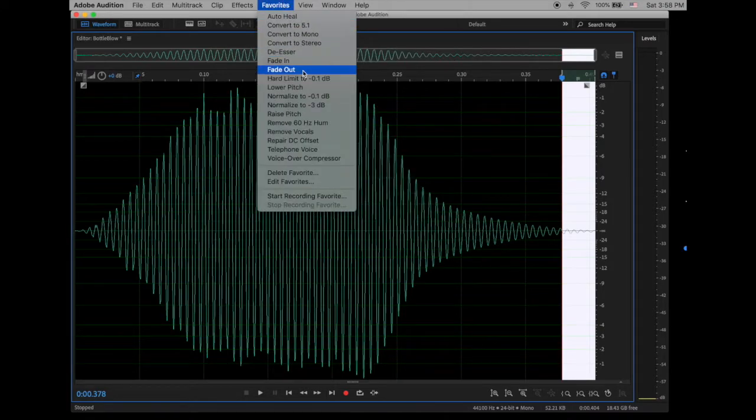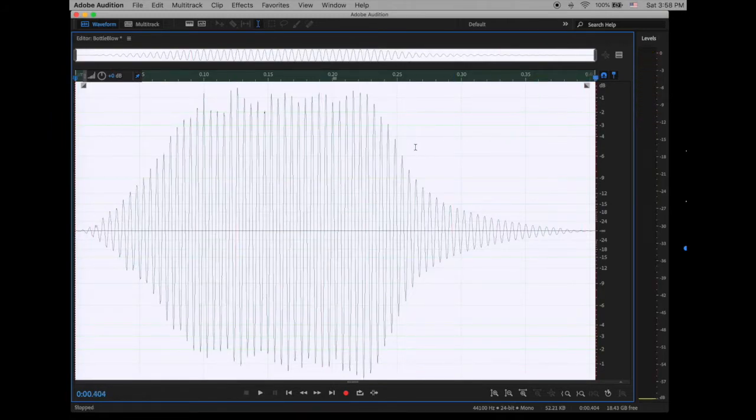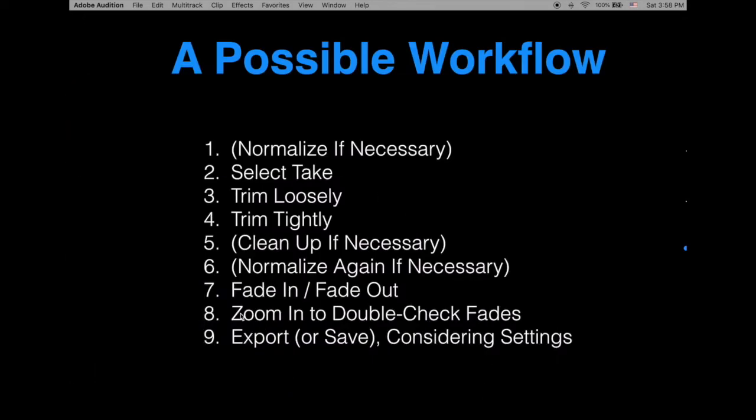And then I will fade out, again, both under favorites. Listen to the whole thing. I think that's sounding pretty good. We might trust that those fades are successful, but we want to make sure we're beginning and ending at precisely